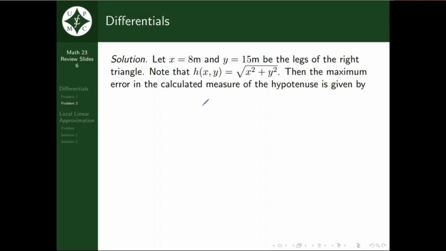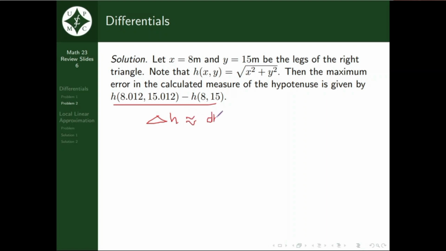So your maximum error in the calculated measure of the hypotenuse is then given by h of 8.012 comma 15.012 minus h of 8 comma 15. So basically we can just express that as delta h,